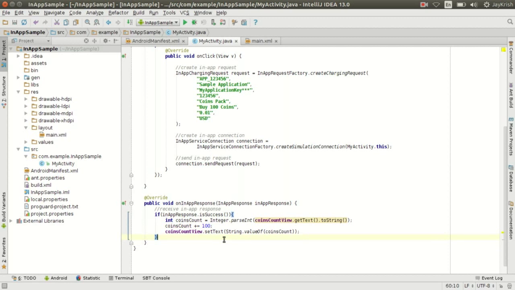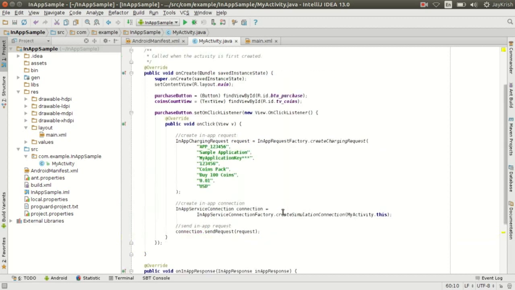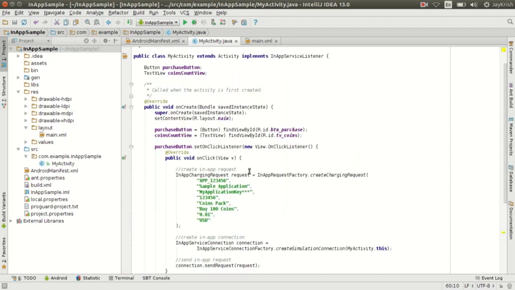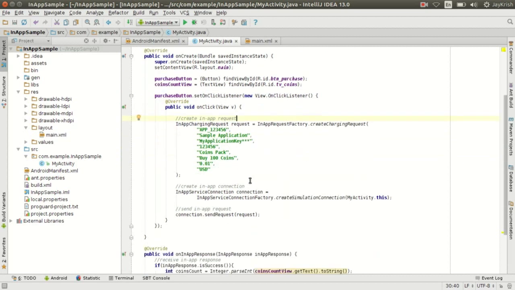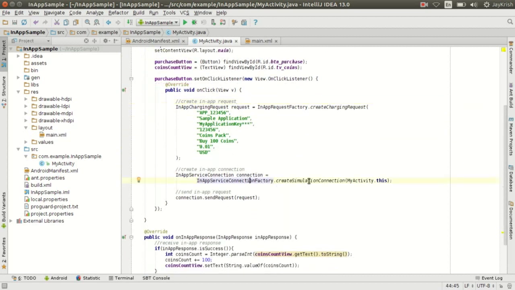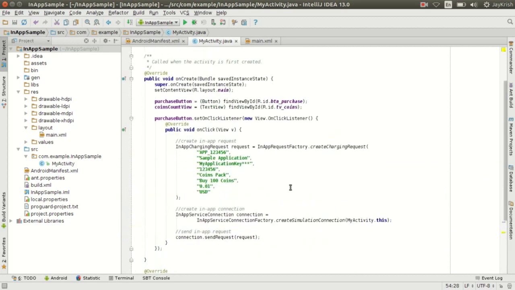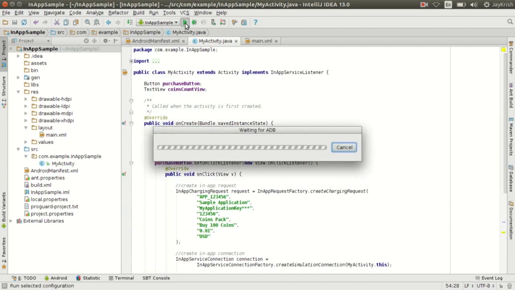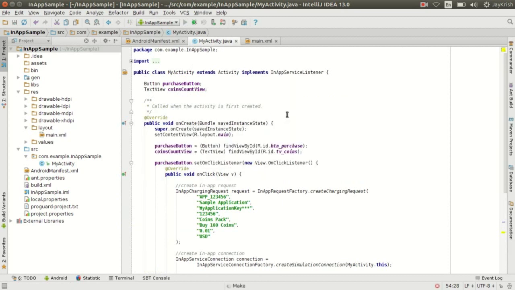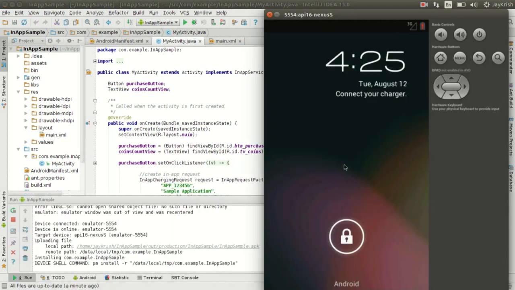So now we are done with on in-app response, and we are done with the coding now. So we have created the request and we have created a connection, and we send the request and we receive the response here. So let's try to run it, and it starts our emulator,